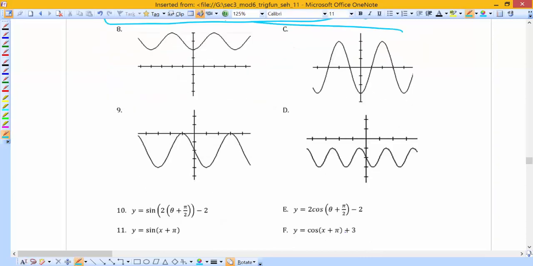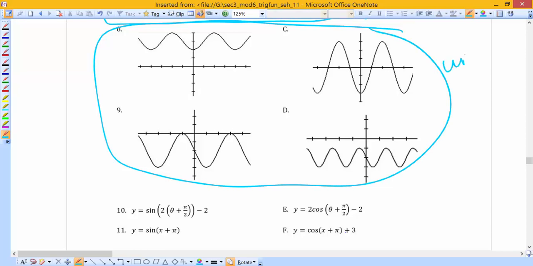In these 4, I would like you to write the equation. And if you really want to challenge yourself, you can write the equation for sine and cosine. But you guys can also just go ahead and write it the way you see it. For example, 8, I look at 8 and I see cosine. Write it as cosine. But if you want to challenge yourself, you could write it as cosine, but then say, wait a second, it's also